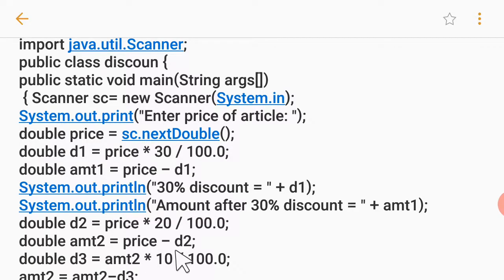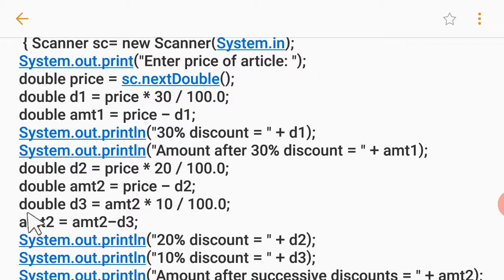All right, and finally there will be double d3 equal to amt2, because amt2 has been calculated here, asterisk 10%, so 10% is the discount again upon this current amount to be paid, that is amt2. So we write here d3 equal to amt2 asterisk 10 upon 100.0.